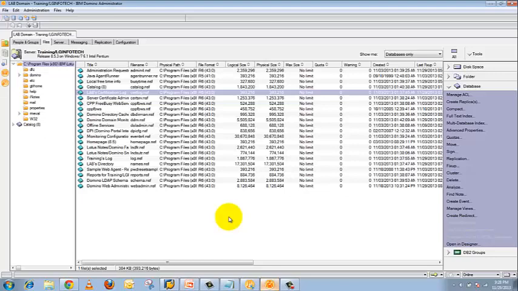What are the benefits of nested groups? You determine the members by adding only a few entries, that is, nested group names. You can distribute administration of regional groups while central administrators control large groups by nesting. It also bypasses the size limitation of 15K of text in the member field of the group document. So these are the advantages of creating nested groups. We have different types of groups when you select the group type. So let's see how we create the groups.